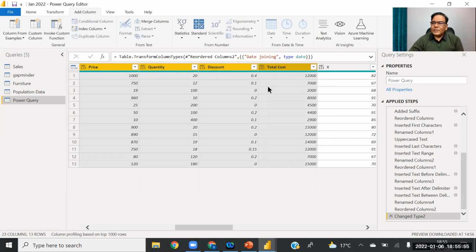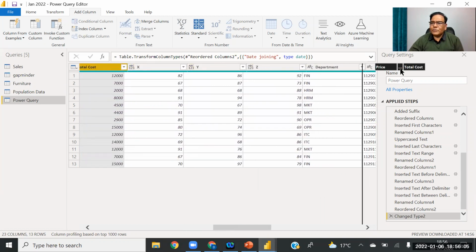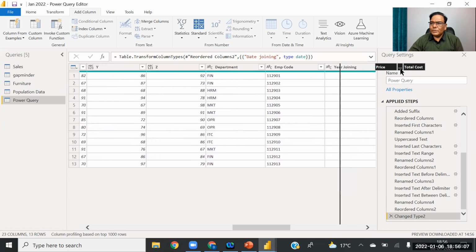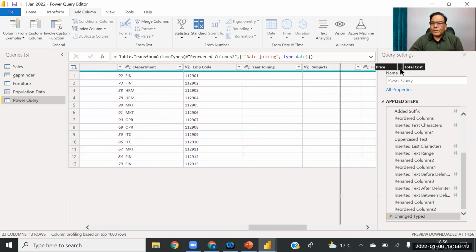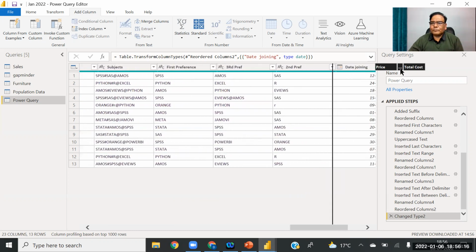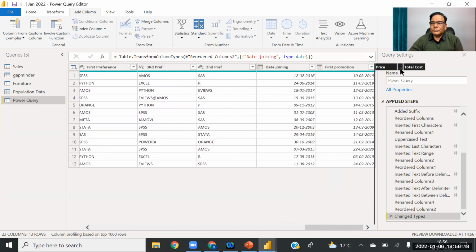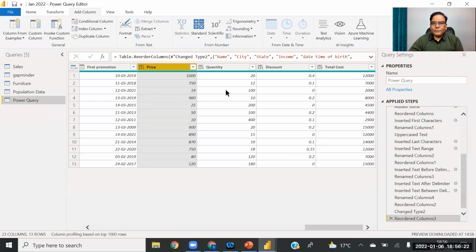We are going to use these 4 columns to calculate the sales revenue and the profit. I am taking them to the last because I want to show you the new column easily. Otherwise, we have to scroll every time. Now we have the 4 columns at the last.